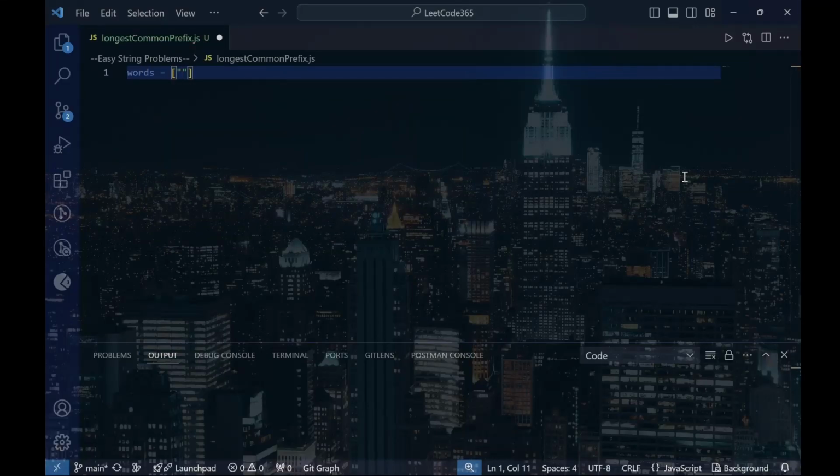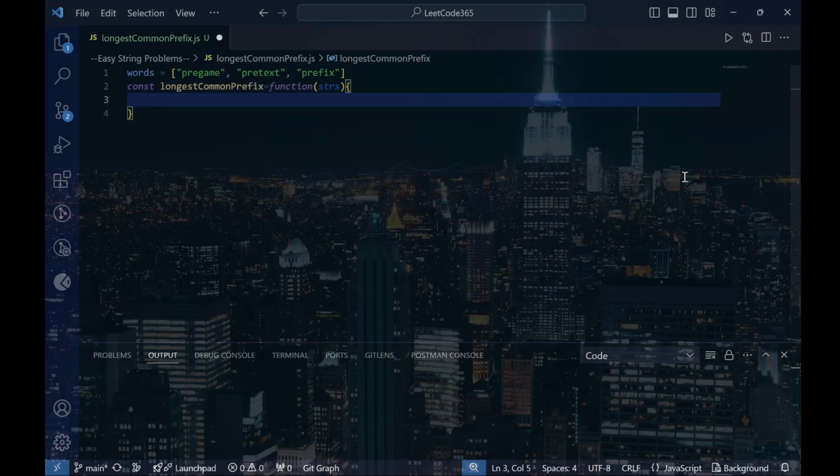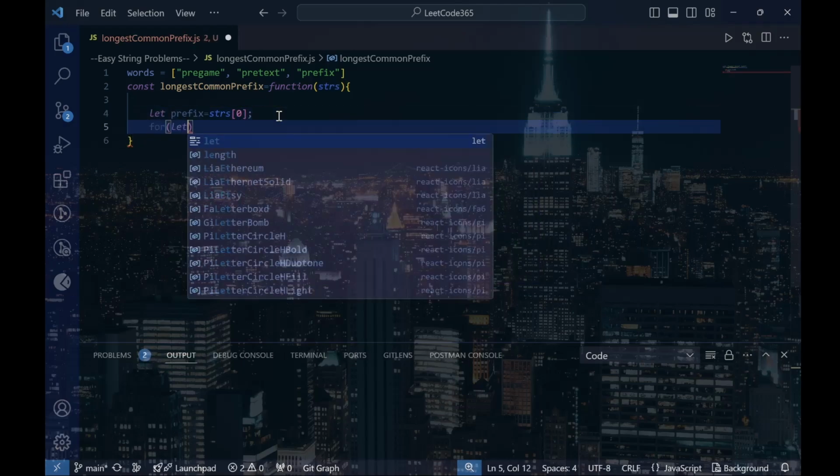Let's say you had a group of words such as pregame, pretext, and prefix, and you wanted to find the longest common prefix among them. Well, what you would do is you would let prefix equal the first word, and then you would iterate through all the words,